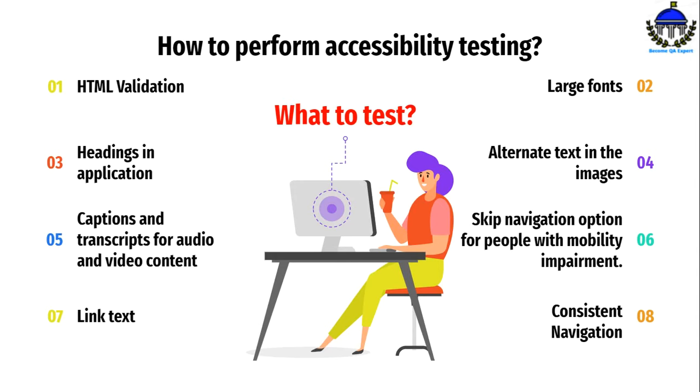You need to test labels. Why? Because they're used by assistive technologies like VoiceOver or TalkBack. Then the text contrast. How can you test it? You can test it by changing the ratio between text or images and background color. And then